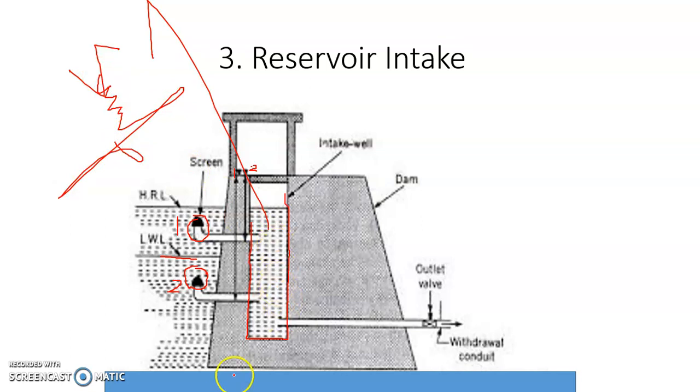Then pumps are provided. Pumps pump the water from the sump and transfer it to the treatment plant at suitable pressure. Because in absence of pumps, water may be transported only by means of gravity. So we need a particular pressure, a particular head in the pipe. For that purpose, we need pumping stations or pumps.